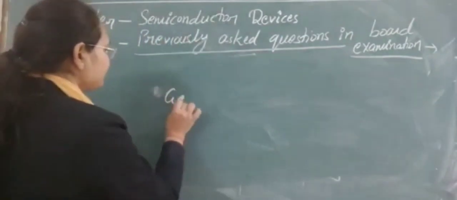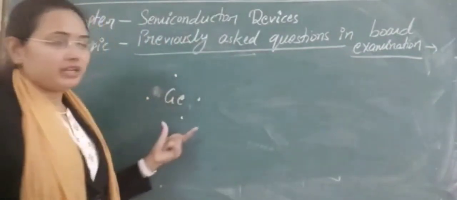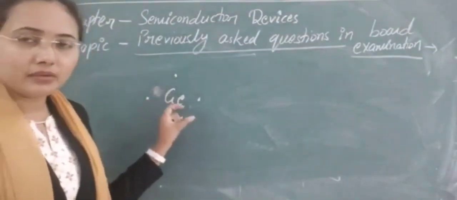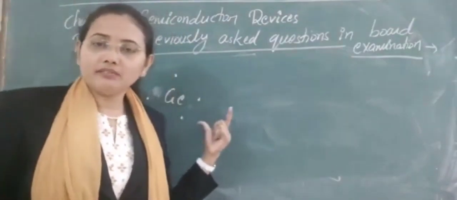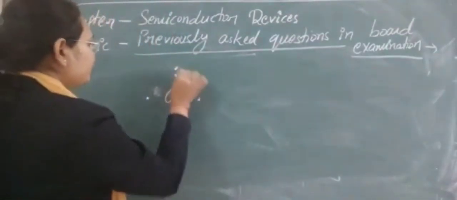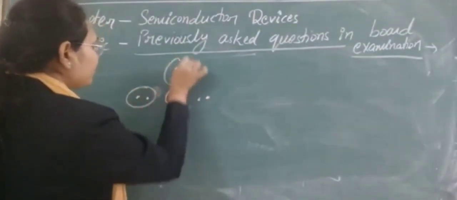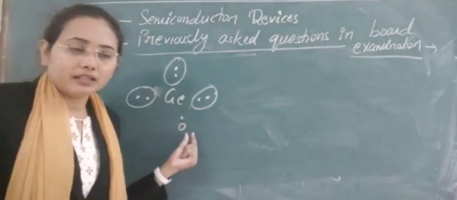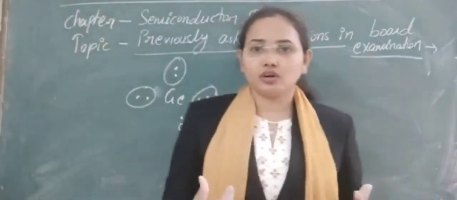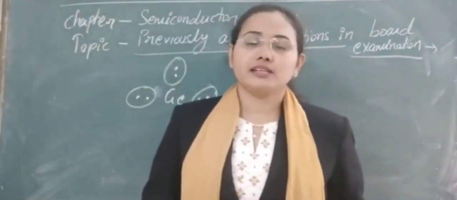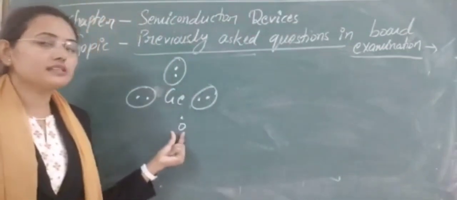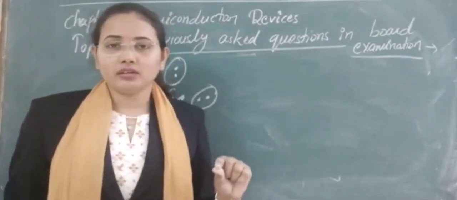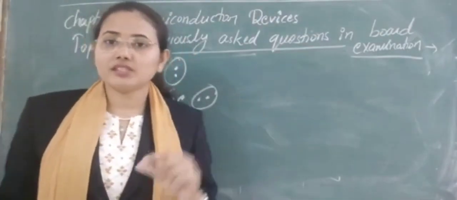So if we are taking germanium here, there are 4 electrons in the outer shell of germanium, and if we add any trivalent atom to it, like aluminium and such types of material, then its 3 electrons will make covalent bonds with 3 electrons of germanium, and here one vacancy will be created. This vacancy shows that it needs an electron. There is a deficiency of electron that is created. This vacancy, this deficiency, is called a hole. That is a hole which needs an electron. So simply, a hole is nothing but a deficiency of electron.